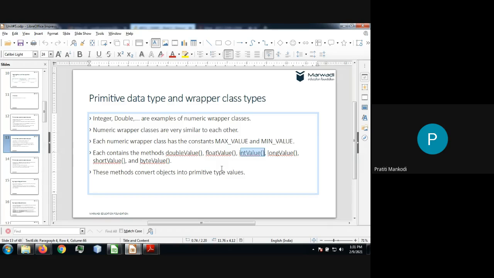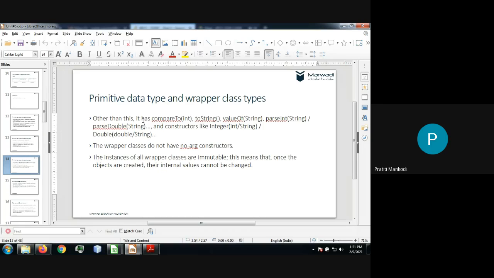Unboxing, ma'am. Clear. So if I want to do unboxing, you have the methods available in the wrapper class. Other than this, there are compareTo, toString, valueOf, parseInt, parseDouble, and everything according to the requirement.